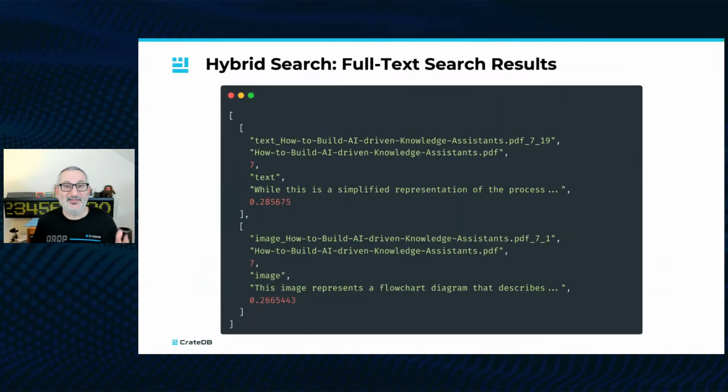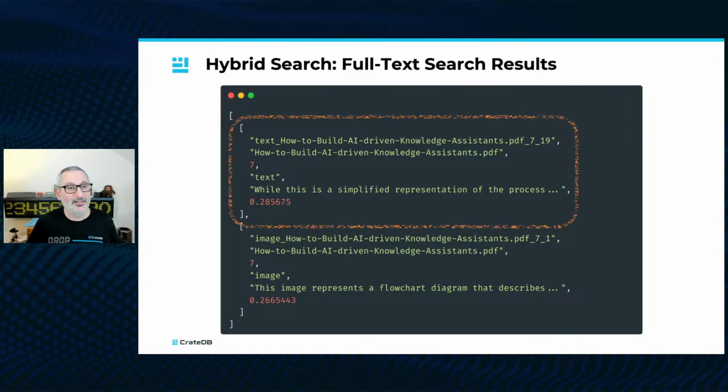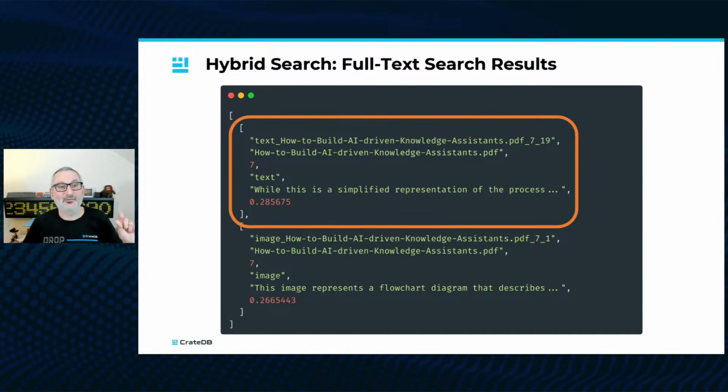And what you'll see is the document that we get back is an array of results, and each result represents a row in the database. So here are some matches that we got, and what we get back is the ID of the chunk. So that's a combination of some of the other fields. We get the name of the PDF, the page number, whether it was text or an image. So you see here we have a text one, and we get the actual text as well,